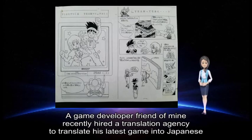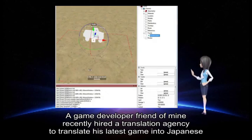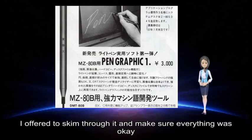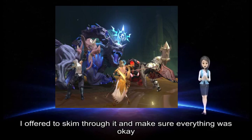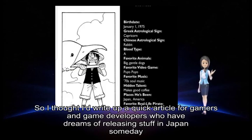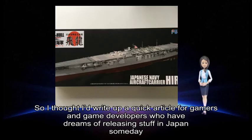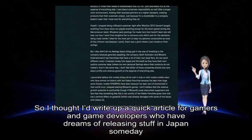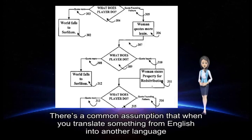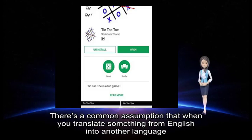A game developer friend of mine recently hired a translation agency to translate his latest game into Japanese. I offered to skim through it and make sure everything was okay, and it turned out to be a sheer disaster. So I thought I'd write up a quick article for gamers and game developers who have dreams of releasing stuff in Japan someday. There's a common assumption that when you translate something from English into another language, there should